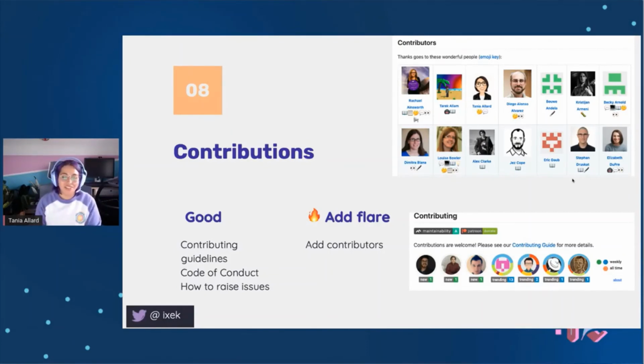If you want to add flair, again, there are many ways in which you can add folks that contribute to different projects. I mentioned before that I am a massive fan of this all contributors bot because it adds all the folks and it provides so many options on the type of contributions that folks are doing, because not all contributions are trackable through GitHub, through the GitHub graph, or are commits. A lot of the very valuable contributions in open source refer to attracting funding, road mapping, project governance,